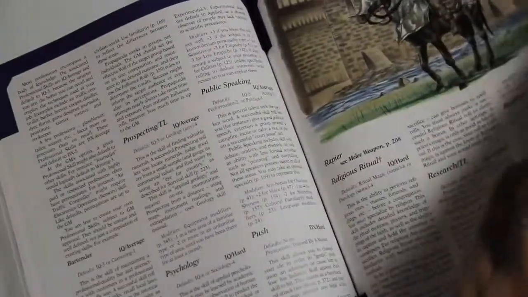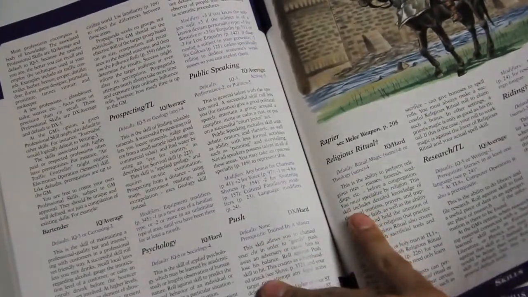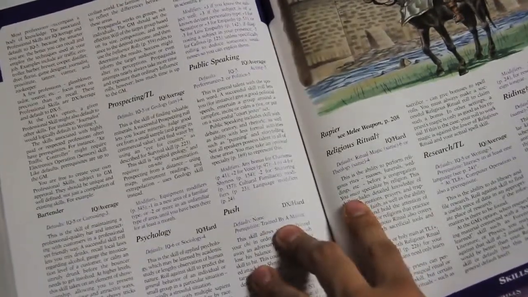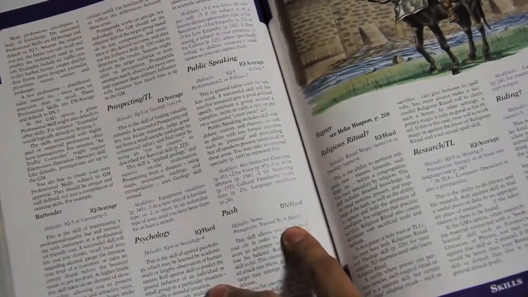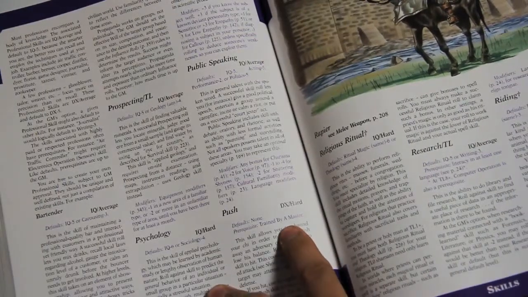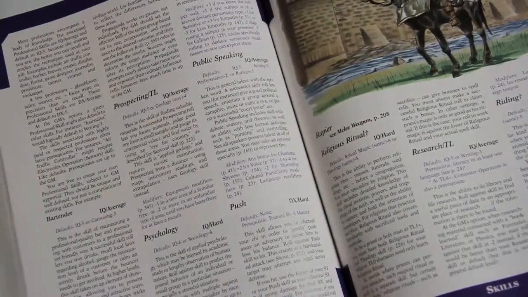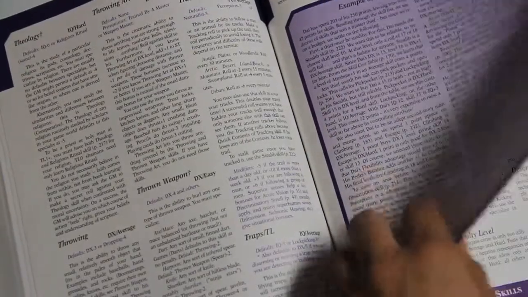What is that? The ability to just push someone. It's trained by the master skills. Trained by a master is one of the advantages in the beginning, and it allows you to do various martial arts kind of things. So this is like an actual martial arts push or whatever. Sumo wrestling, thrown weapons, traps,